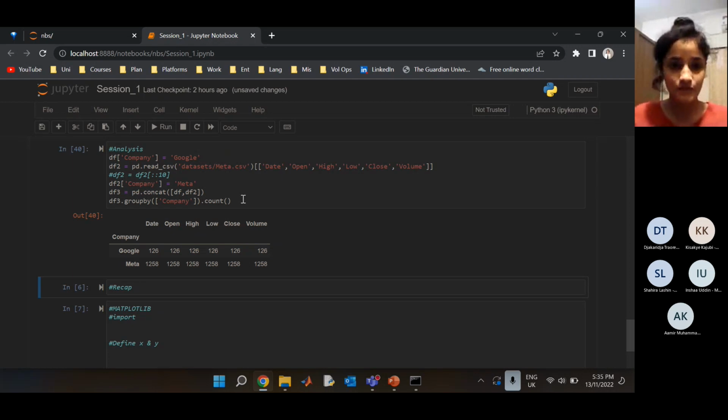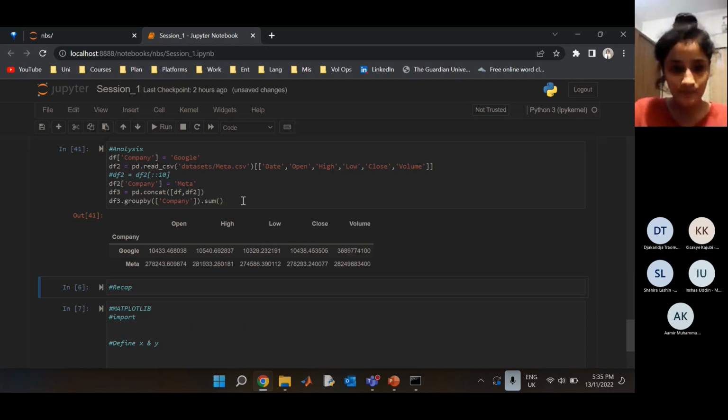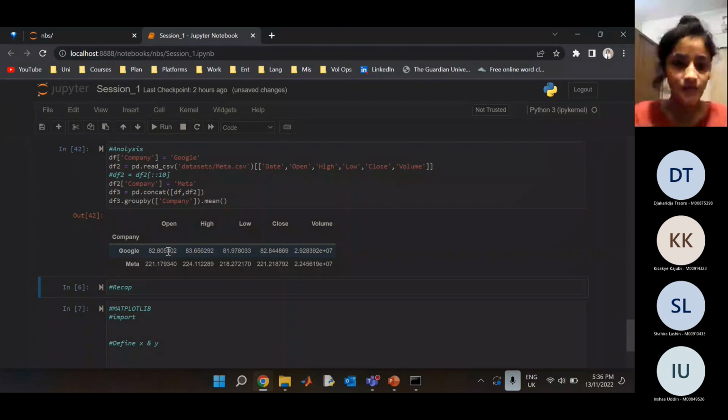So, another one adds up all the prices together of each value. Then we have mean. So under Google, the mean price, under the opening price, is 82, and for Meta it is